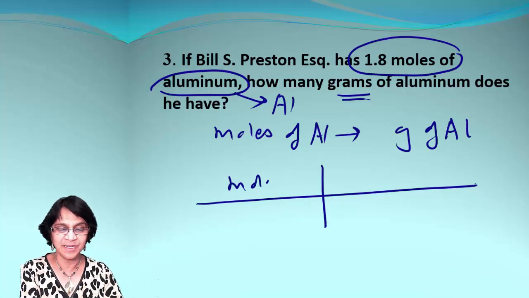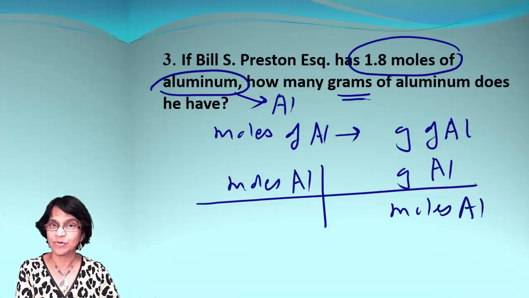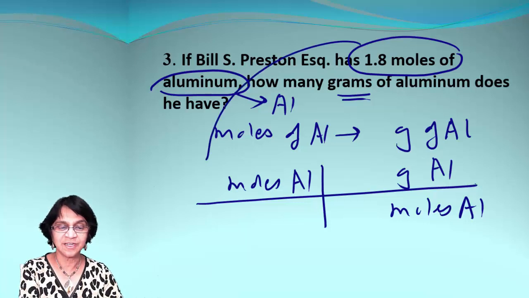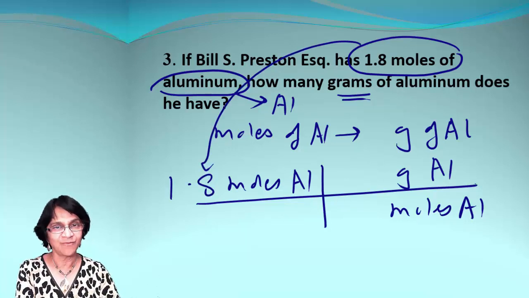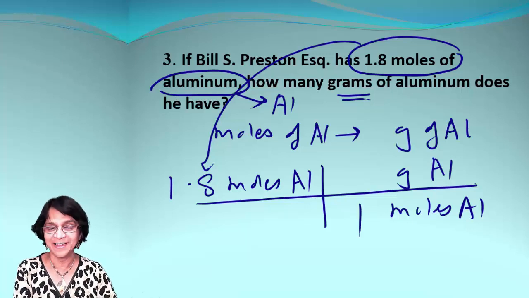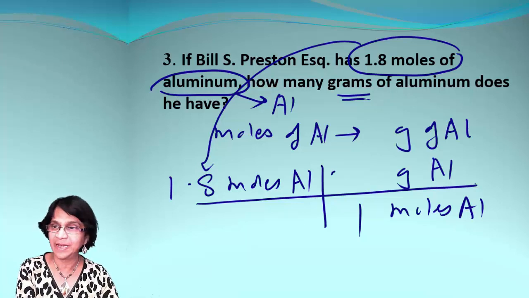So we are beginning with moles of Al, and the destination is grams of Al. We need to crisscross cancel, so this comes moles of Al. What do we begin with? That's the given, so it will be 1.8 moles. And what do we get here? Remember, mole is always going to be number 1, and this will be the molar mass for aluminum, which I believe is